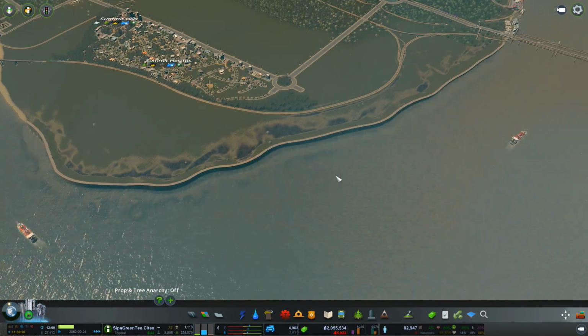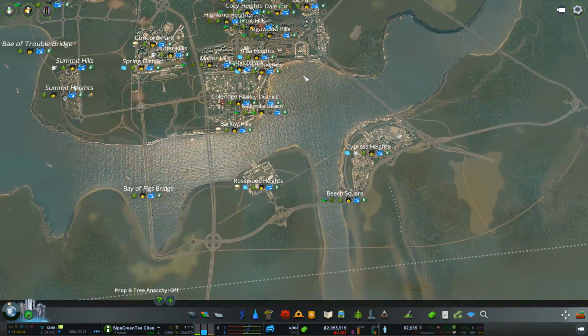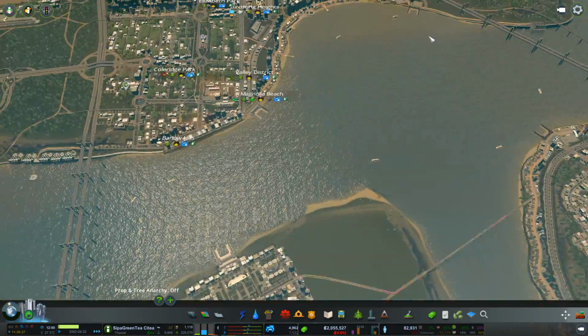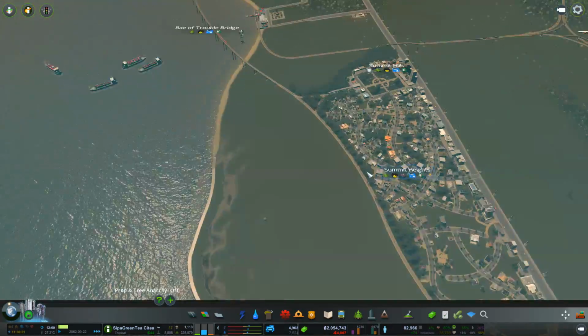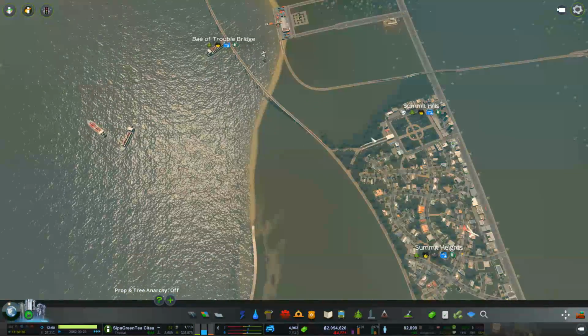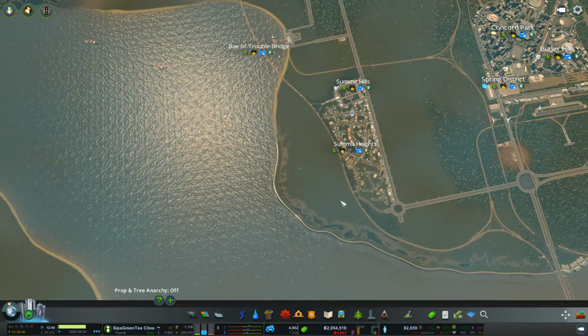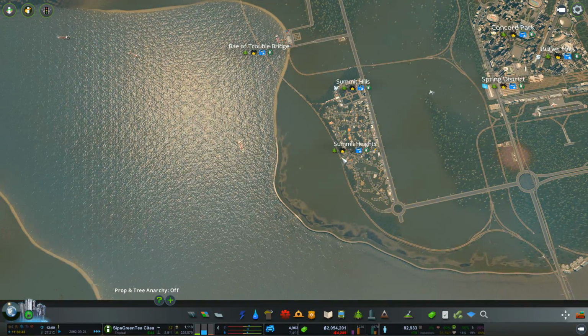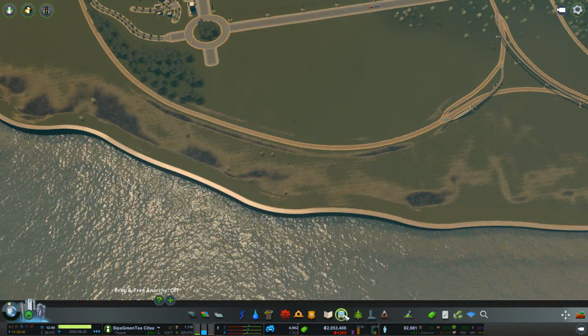Excellent. So I was thinking of putting a ferry stop along here. We do have our ferry routes that go around here. So at the minute, if they get on this train, let's go back to where we were. Summit Hills and Summit Heights. I've renamed them. They only go this way. So they go a long way around. There isn't a train going the other way yet. We will work on that, but I think if we put a ferry terminal...